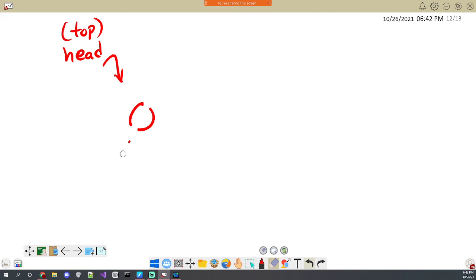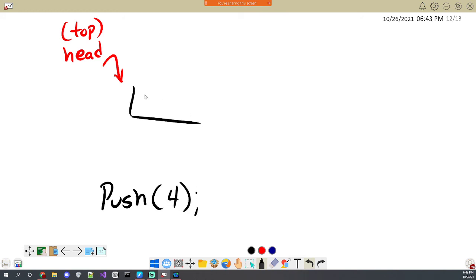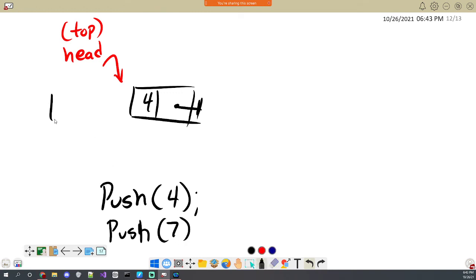And what we're going to do is, if I was to push something into here, let's say push 4, then all it's going to do is create the node and put it at the head and make it point to null. And then if I was to push another thing, it's going to create the node, and then rather than the normal linked list implementation that we had before, if we're doing a stack, it always just has to insert at the head, or the top of the thing. So if we did a push with this, it actually just creates the 7, makes it point to whatever the current head is, and then updates the head to be the new top of the stack.